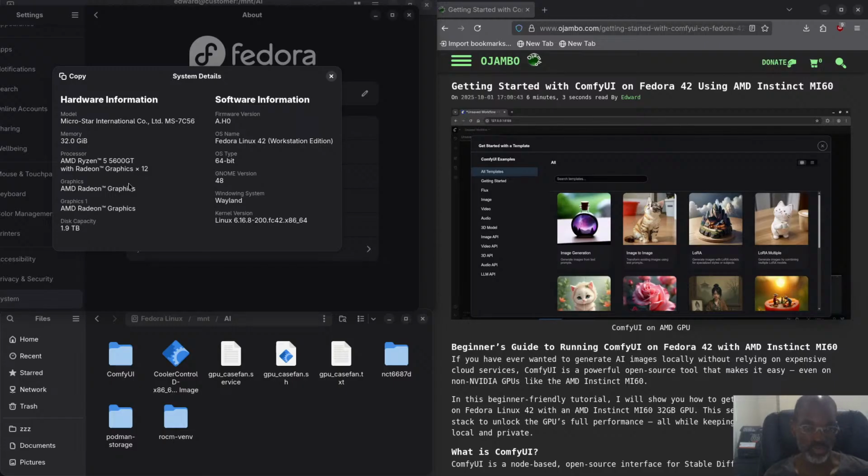Like, for example, right now I'm doing a live stream. I'm using OBS. I have some browsers open, and we're going to run a whole bunch of stuff later, especially ComfyUI. So the actual usable RAM is probably going to be more like 23 to 24 gigabytes, which is fine, plenty enough. Okay, so that's